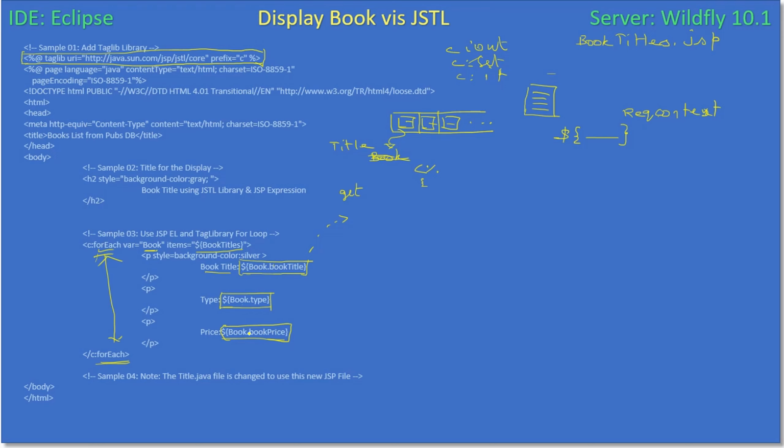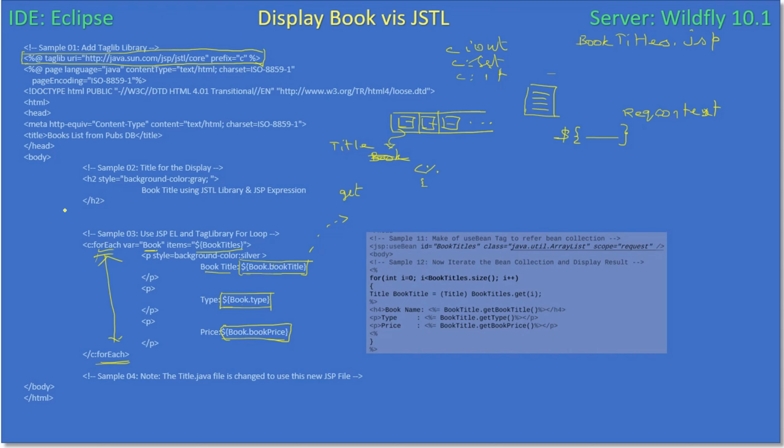Alright, so get type, get book price, like that it will be. Now let's compare this with the previous version of book title. There we used the scriptlet, and if you see here there is no scriptlet tag, but previously we used a scriptlet tag. This is one scriptlet